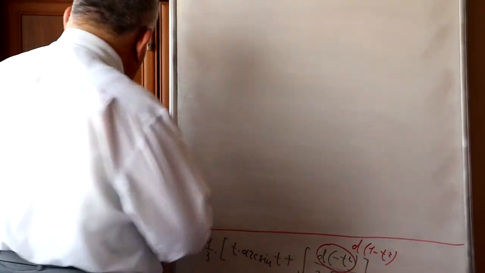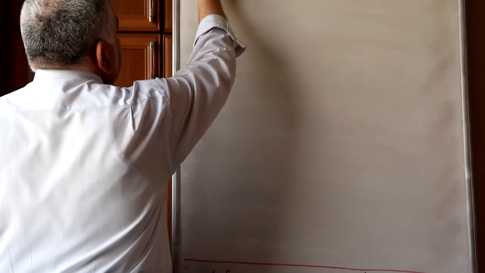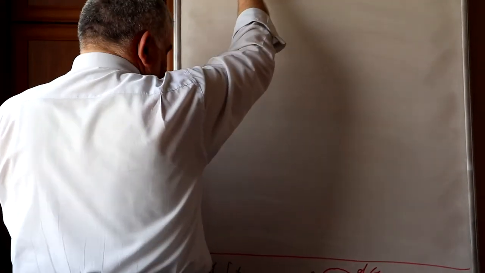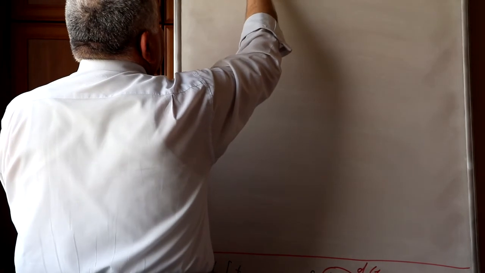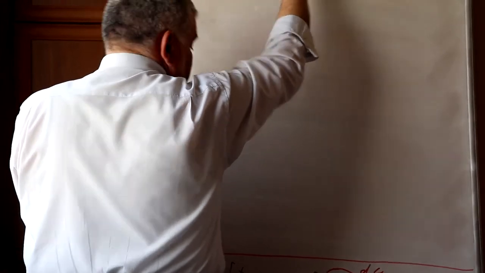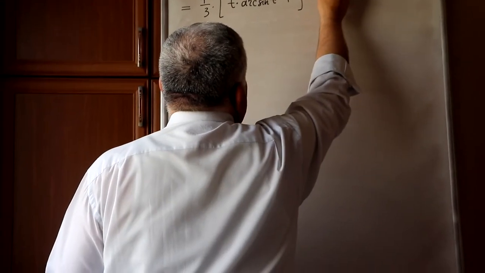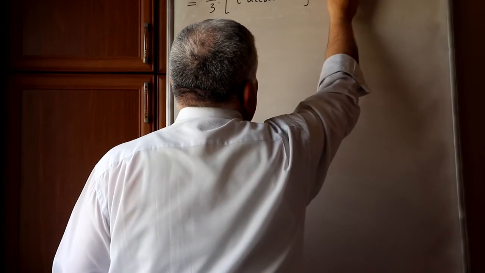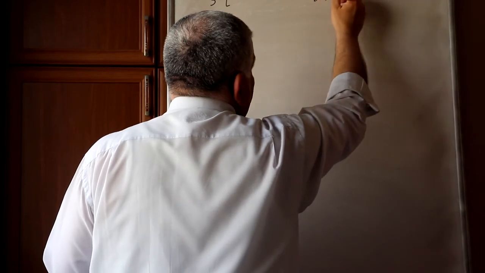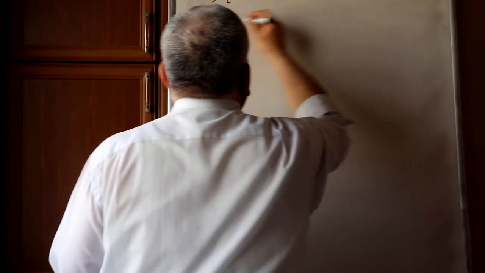Then continue. 1/3 multiplied by t multiplied by arcsine t plus the integral of d of 1 minus t squared over 2 square roots of 1 minus t squared, equals